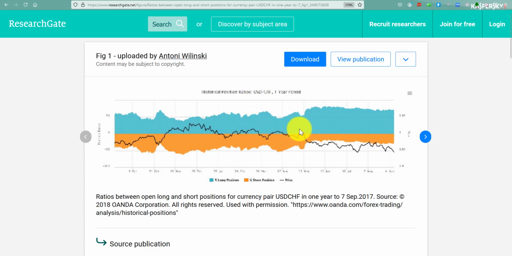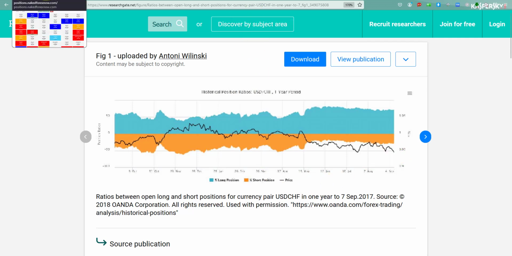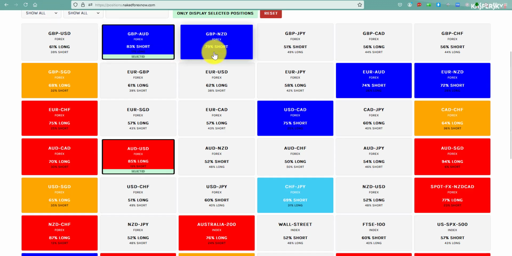And then look at what happens here. The Swissy peaks right here in price. And then look, we've got like 60% or 65% of the traders going long. What's happening to the Swissy? It's falling, falling, falling, going lower and lower. And as it goes lower, more and more traders are going long. Why? Because they're trying to pick the bottom. People will actually tell me, well, why would you go against the market? You're not going against the market.